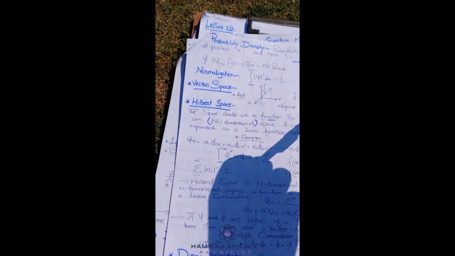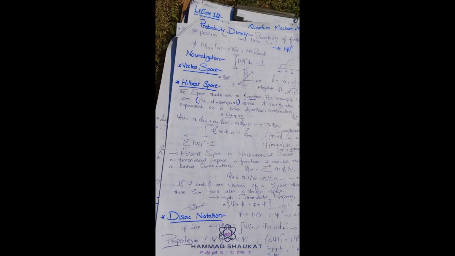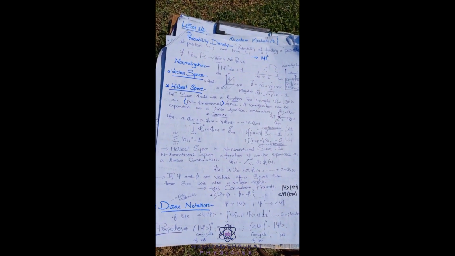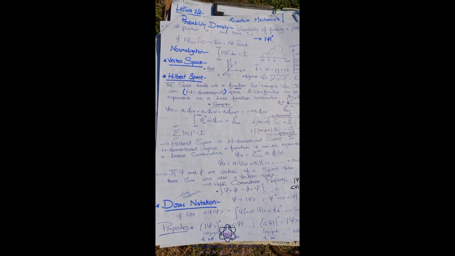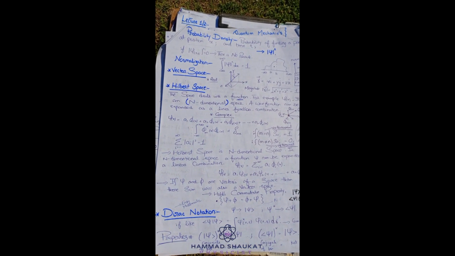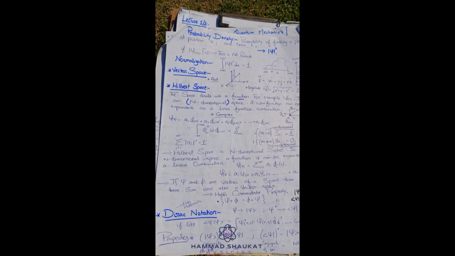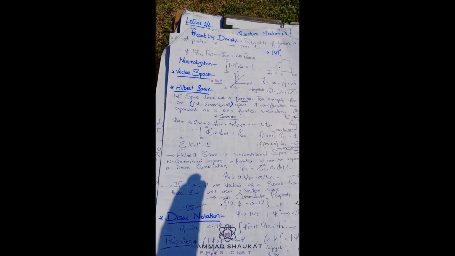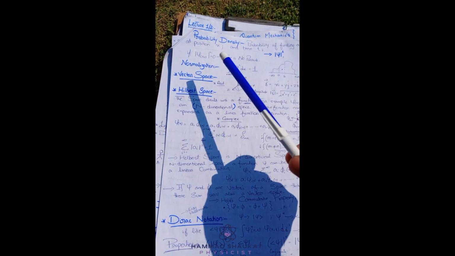Okay. So our last topic of lecture number 3 is Hilbert space. What is Hilbert space? Basically, vector space is a limited space in 3 dimensions, meaning 3D: x, y, z. But what is Hilbert space? Hilbert space is an n-dimensional space, meaning there are n coordinates, there is no limit on the number of coordinates. If there are n coordinates, you are in Hilbert space.